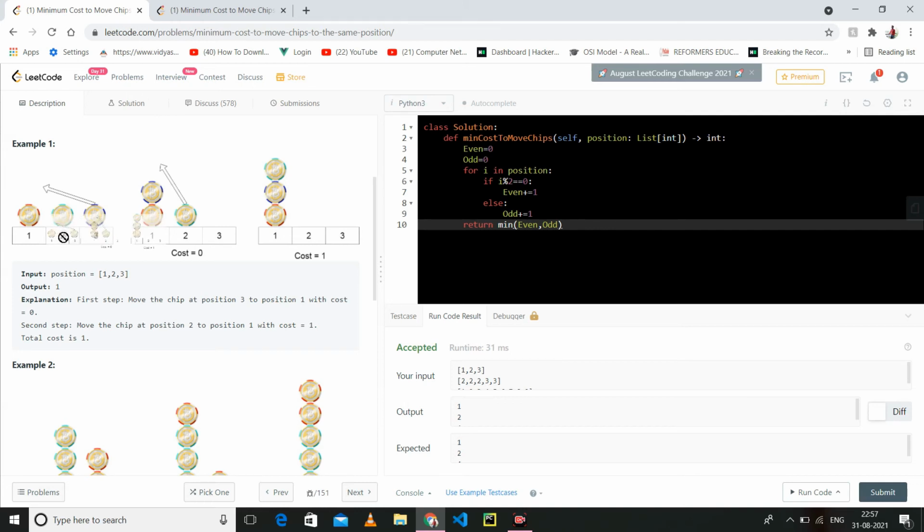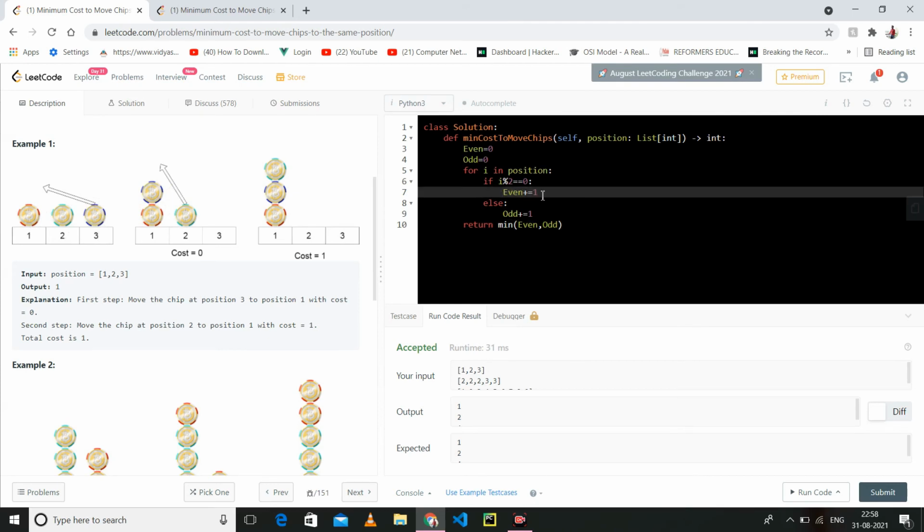But if you take 2 and move two positions behind, it will go out of bound. That's why I have considered the even and odd positions. If you move one position behind, it will not go out of bound. So we have to increase even, which is at an even position. I am just moving the coin at an even position one position ahead or one position behind.